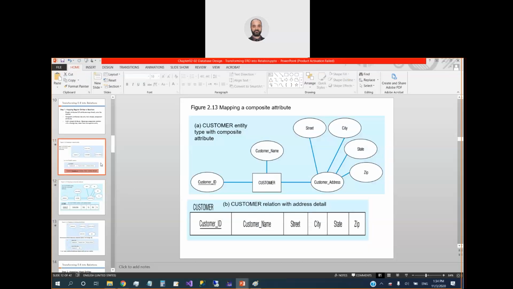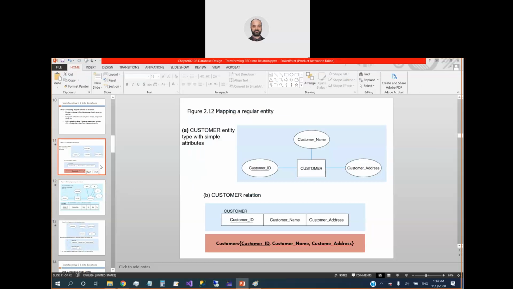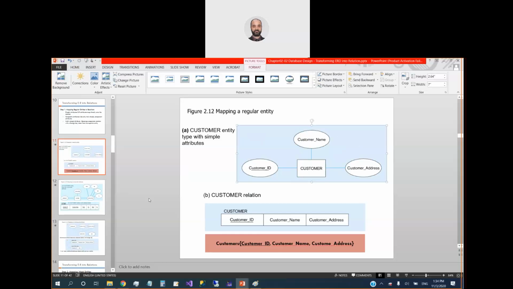Okay, so the table name is supposed to be plural, the column name is singular, and the entity name in this kind of diagram is supposed to be singular. Okay,